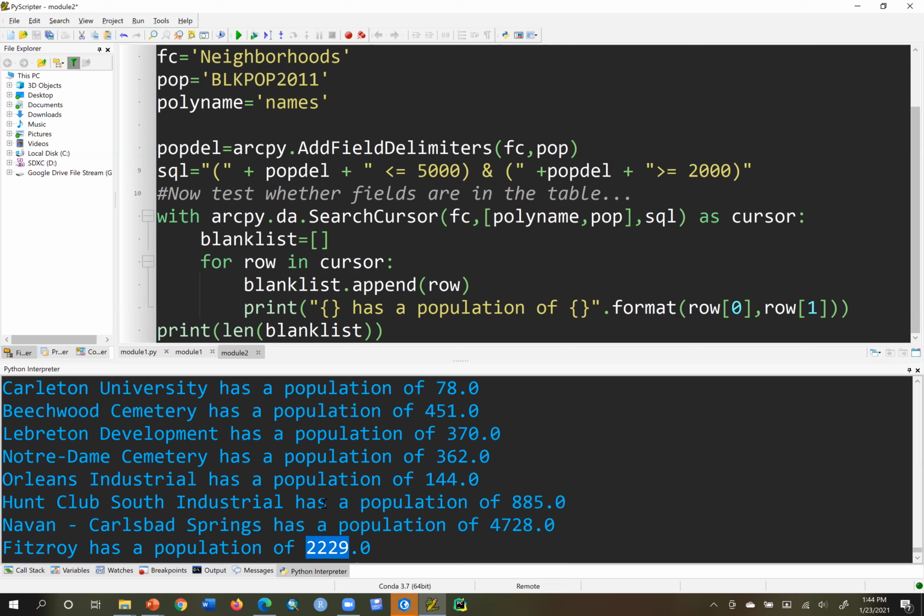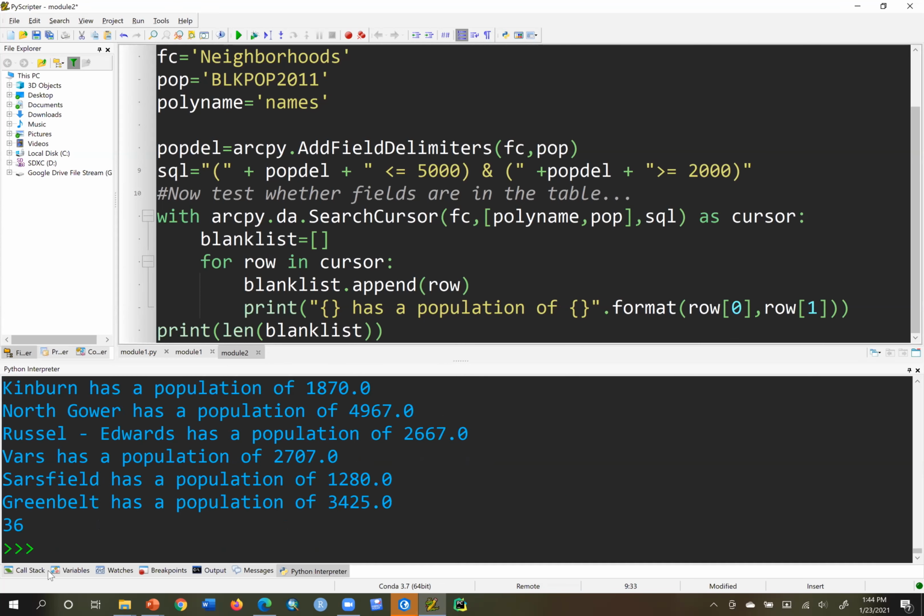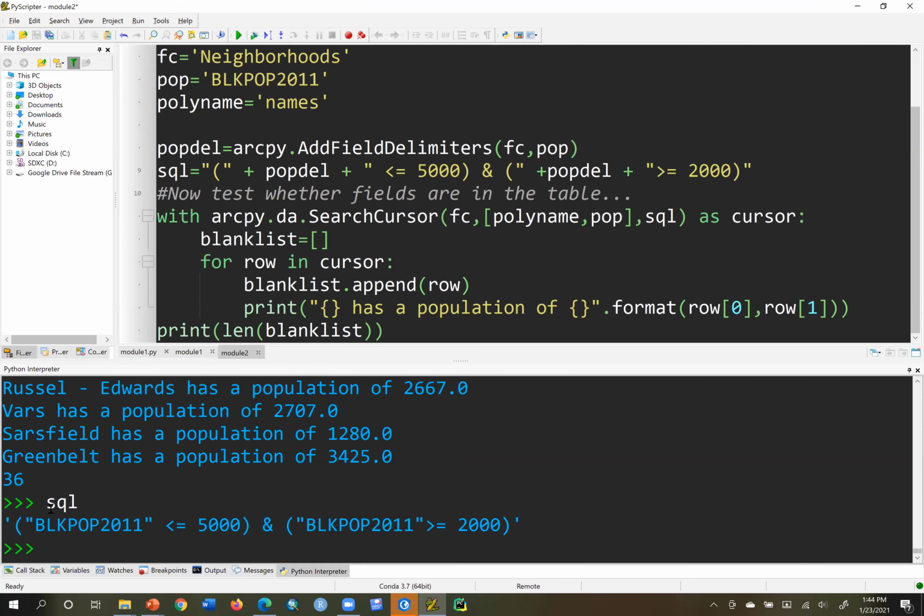Oh, wait, something's wrong there. We got one worth 78 here. Let me just check the SQL. Oops, Python interpreter, SQL. So you have block pop that and block pop greater than. So we'll just switch them around here. The first one is greater than or equal to. Greater than, no. Yeah, greater than or equal to